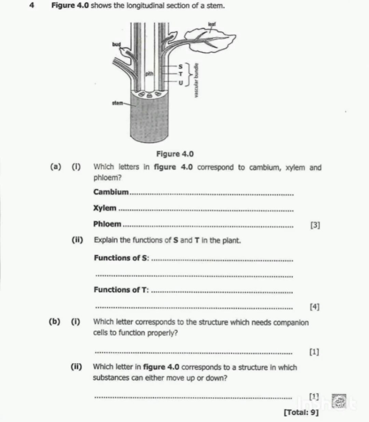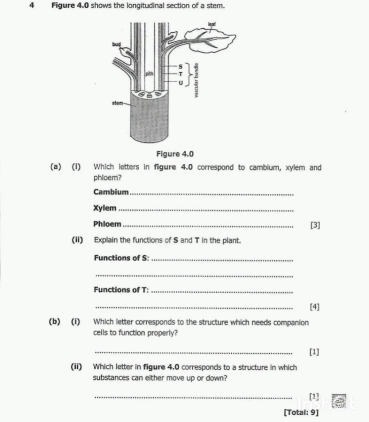Okay, so let's look at question number 4. Question number 4 is saying figure 4.0 shows the longitudinal section of a stem. Question A, Roman numeral 1 is saying which letters in figure 4.0